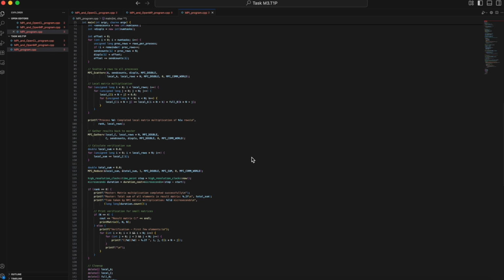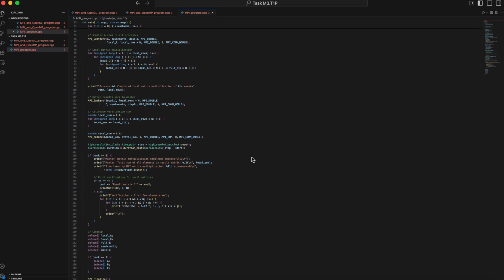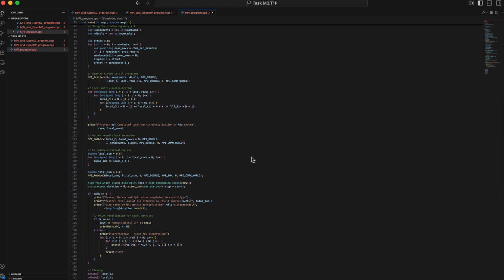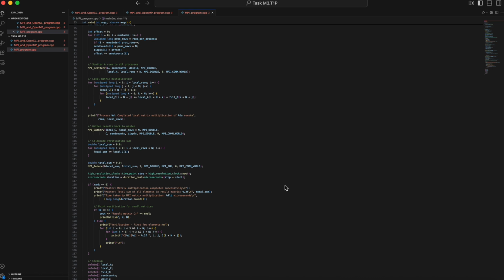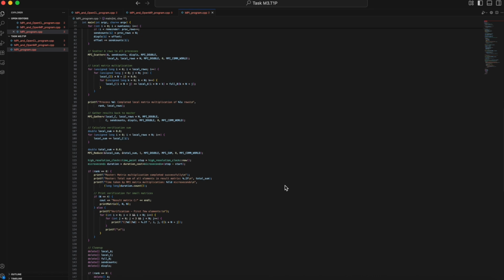And there is a critical point here. Before broadcasting the B matrix, I copied the full B array, because the MPI broadcast function sends data from the full B address, and if I don't do this copy operation, full B remains empty and all calculations come out wrong. In my previous tests I made this mistake initially and the results came out as 0. So I fixed that issue, and I sent the B matrix to all processes at once with MPI